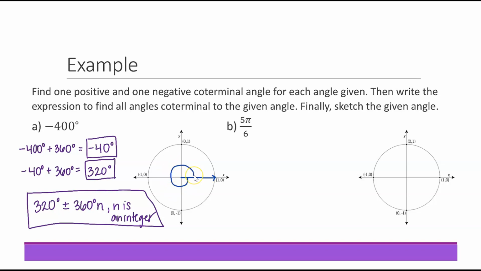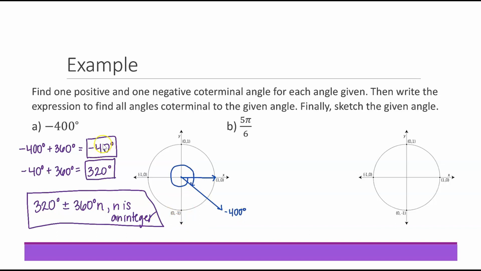and I've gone 360 degrees so far. And then I need to go an additional 40 degrees. So if I go an additional 40 degrees, I end up about right here in quadrant 4. So here is my terminal side. So this right here is negative 400 degrees. So I went in a clockwise direction, negative 360, and then an additional 40 to get me to negative 400.